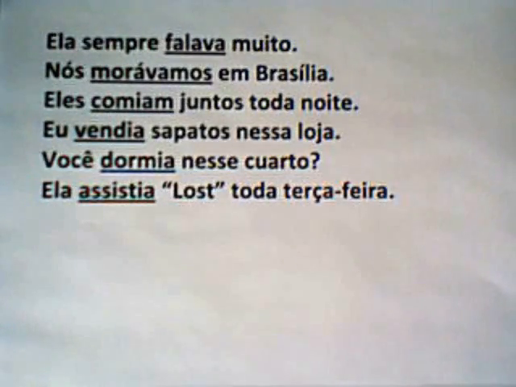Now in Brazilian Portuguese, there's another verb tense to talk about actions in the past that are in progress, or in other words, not completed actions, but ongoing background actions or conditions, or to indicate that an activity was repeated several times in the past. For example, to say what someone used to do or would always do. This tense is called the imperfect. Here are some examples of how the imperfect is formed and used.